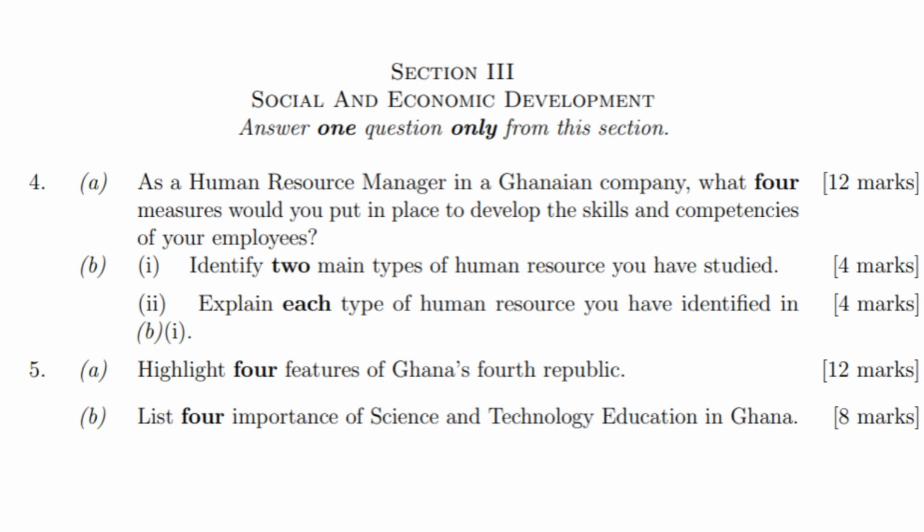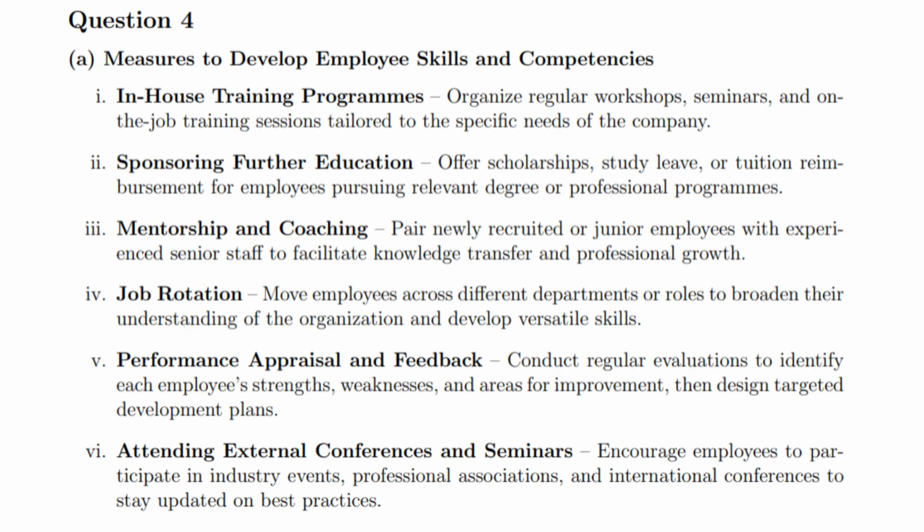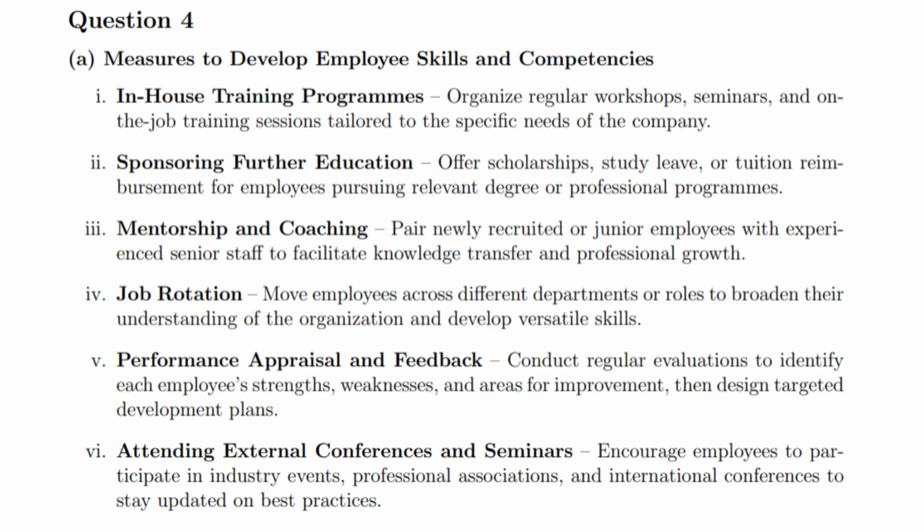Then question 4b: identify two main types of human resources you have studied, then explain each type of human resource you have studied in BECE. So let's look at the question 4 answers first. Measures to develop employee skills: we have in-house training programs, sponsoring further education, mentorship and coaching, job rotation,